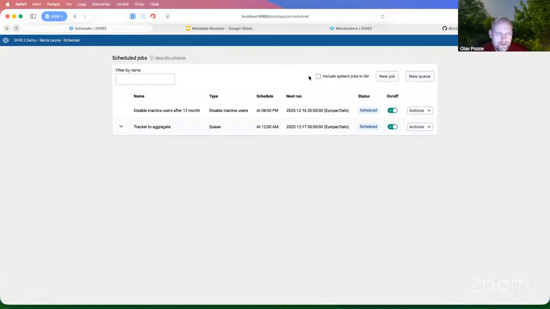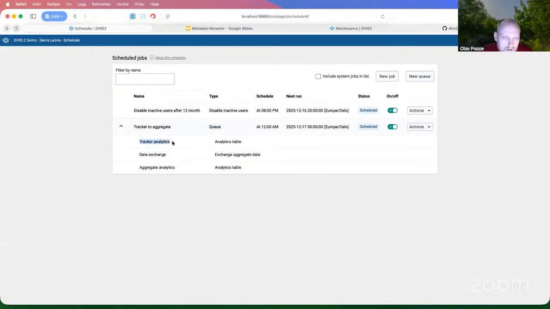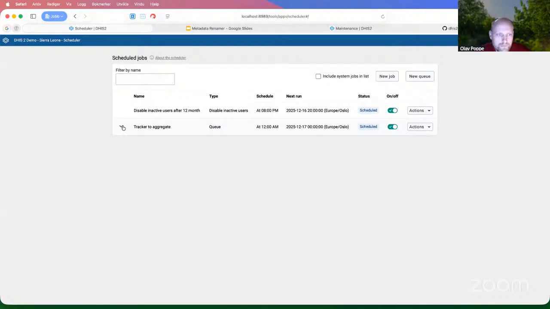And also, in this case for tracker target, you typically need to have a queue with several jobs running in sequence. So running first tracker analytics, then moving the data with the data exchange job, then finally running the aggregate analytics. So in those cases as well, you can,